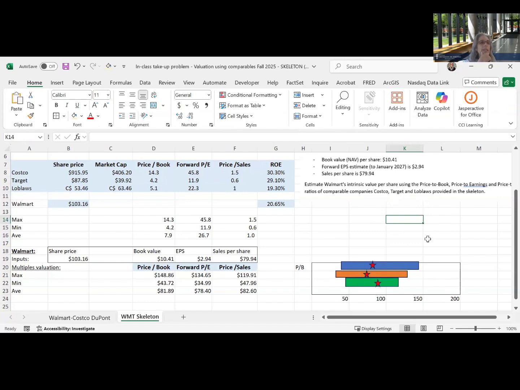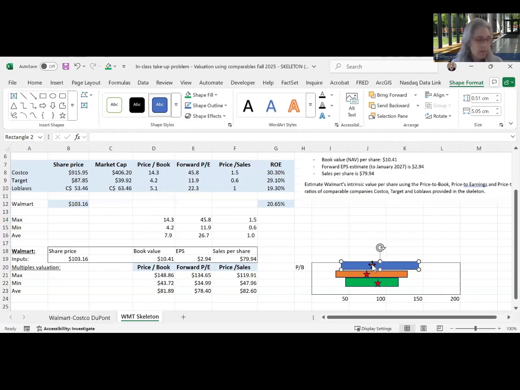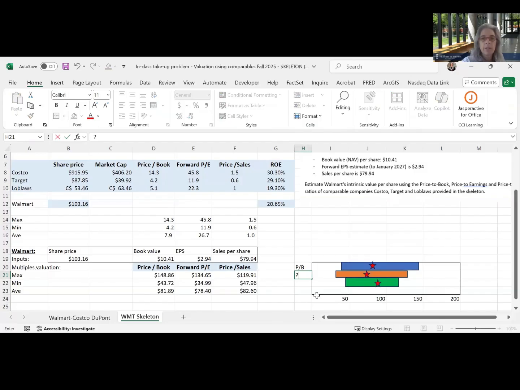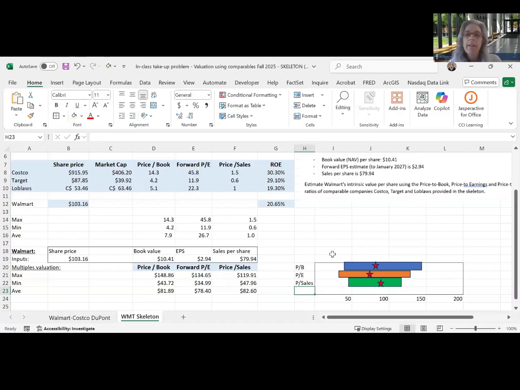Okay, so someone's asking, can you explain what these numbers mean? So let me just put it here. I've got price to book, price to earnings, and price to sales. So what this means is, if I want to value Walmart, if we go back a few steps,